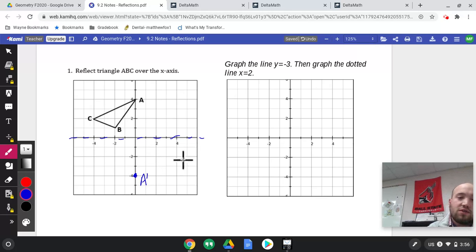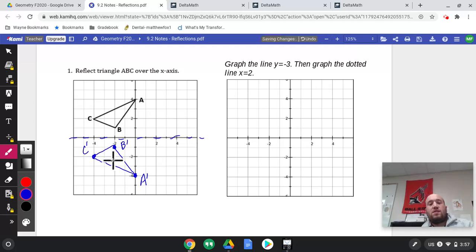Okay. So now with B, to get to the line of reflection is just 1. So I'll go 1 past, and I'll put a dot right there. And that's B prime. Remember, we put the primes on it when it's the image, okay? So 1, 2 for C. So 1, 2 past. That will be C prime. And all we got to do to finish is connect the dots. And we are done. As you can see, if I would fold it on that dotted line, it would reflect,